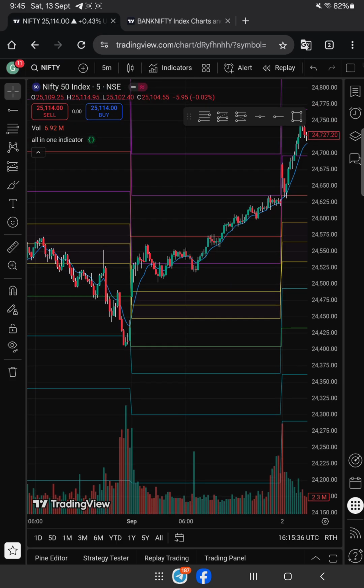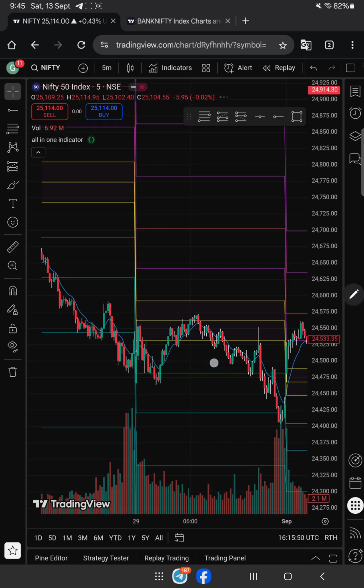You have to do a small work on this indicator. Here you can also see there is a gap between the CPRs, and next day there is a compression, right? And the market has given a one-sided move, right? Okay,